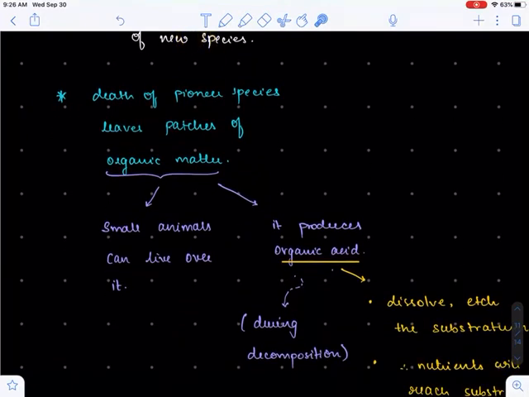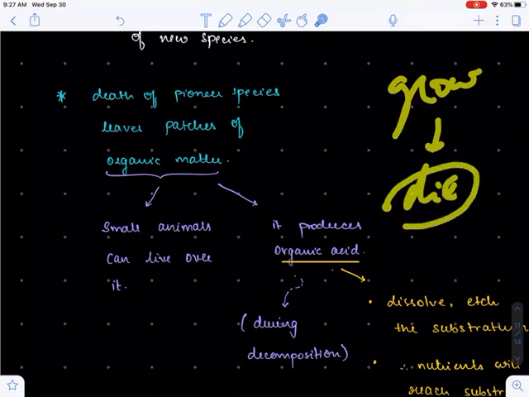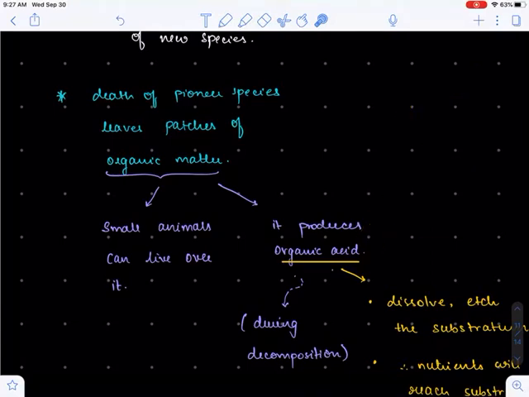For that, let's understand the life cycle of the pioneer species. First, the pioneer species grow, and gradually as time passes by, they die. So this death of the pioneer species leaves certain patches of organic matter. So this organic matter can be used as the habitat that is suitable for the growth of the small animals,